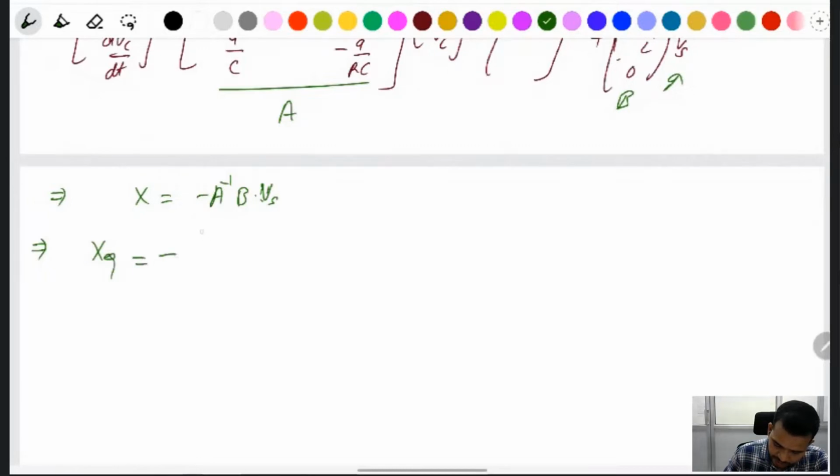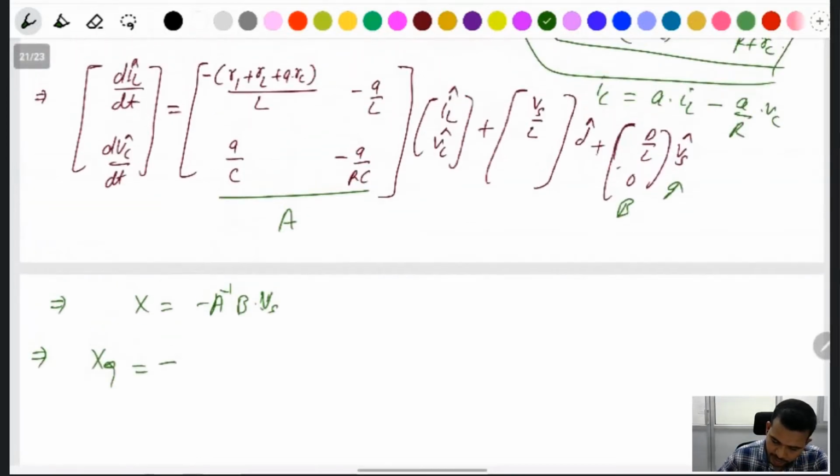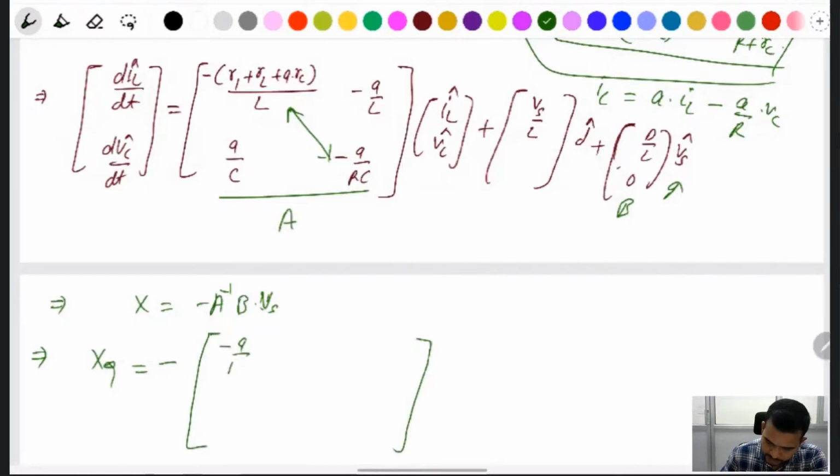I put value here. A matrix inverse of the second order matrix: replace this one with the interchange, and this one is minus, this one will interchange, and this is a sign change of this element,